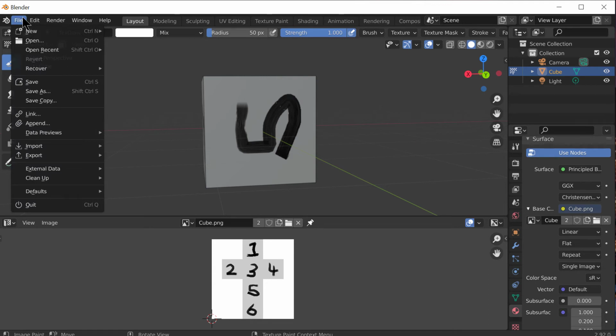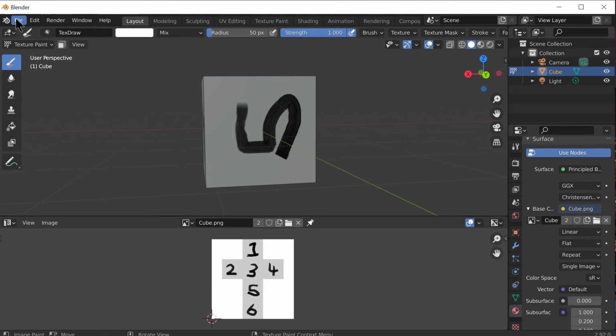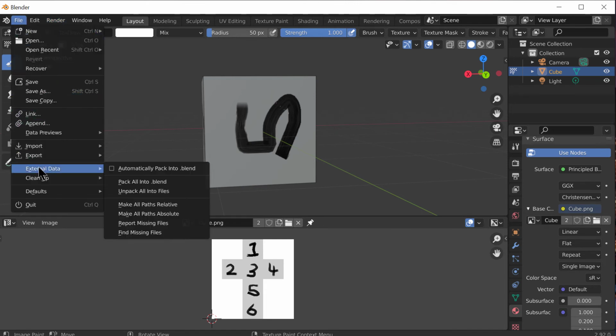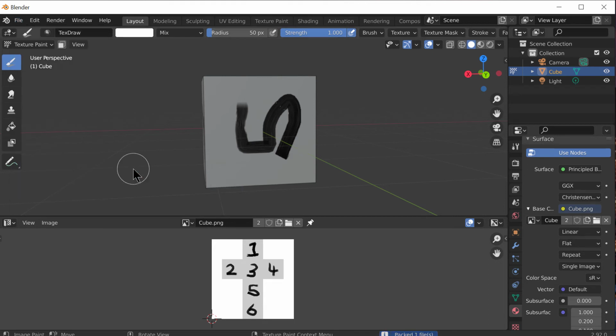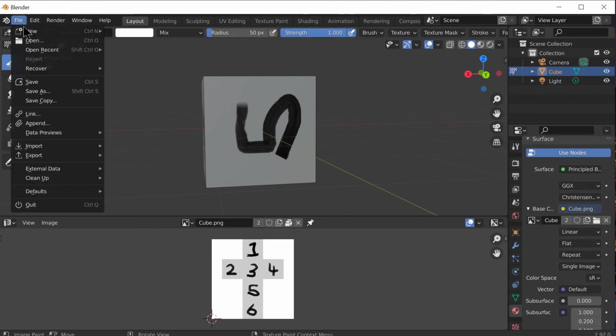If you go into the File menu after you have something like this, if you go to the File menu and then do External Data and Automatically Pack into Blend, or you can just Pack All into Blend and it'll be a one-time thing. I'm just going to go ahead and select Automatically Pack into Blend. It has packed one file down here, just sort of off the screen a little bit. But it's basically taken that file and included it in the blend file. So now when I do File Save